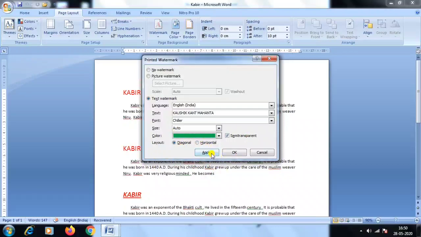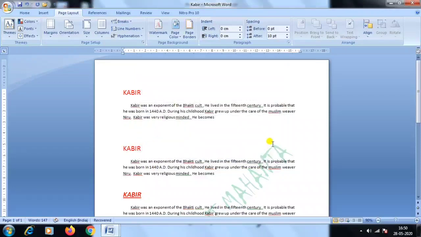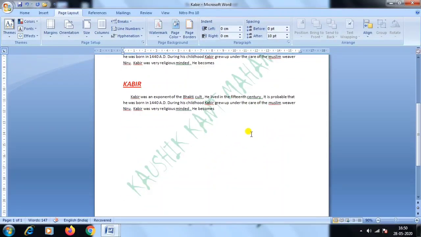After that you click on Apply, then OK. You can see our main text is there. Behind the main text, that watermark will be displayed. The watermark is displaying. Like this you can apply a watermark in your document.